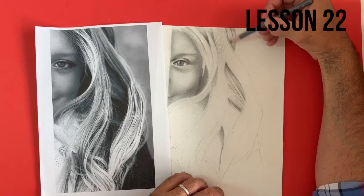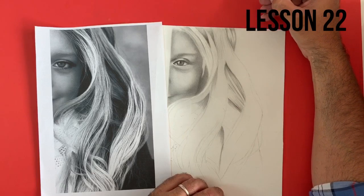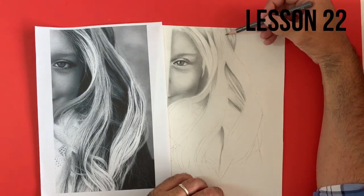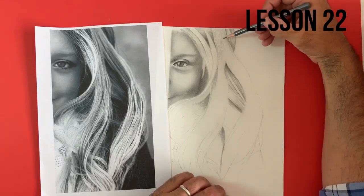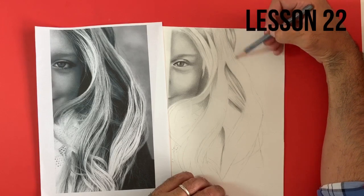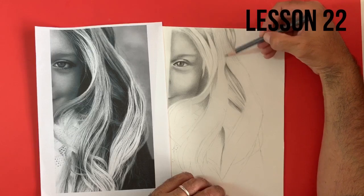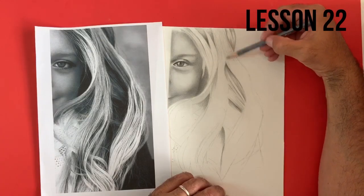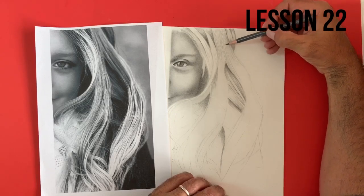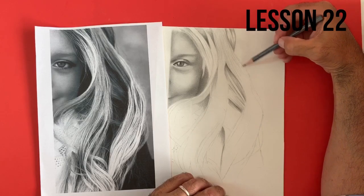but I'm imagining that I'm an aeroplane coming into land. So the tip of my pencil is an aeroplane, and it swoops in, hits the paper and swoops off again. And what that gives me is a thinner start and a thinner exit of the stroke. And this is fantastic for building up hair layers. What we don't then have is cut-off lines and cut-off marks with each stroke that really just breaks the realism. And with this hair, it starts to flow beautifully